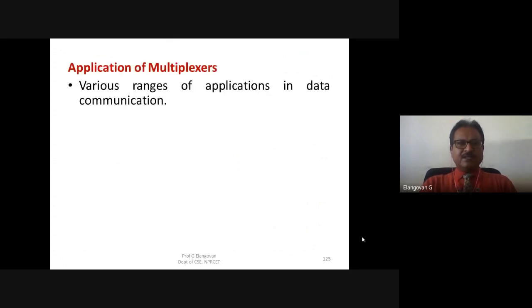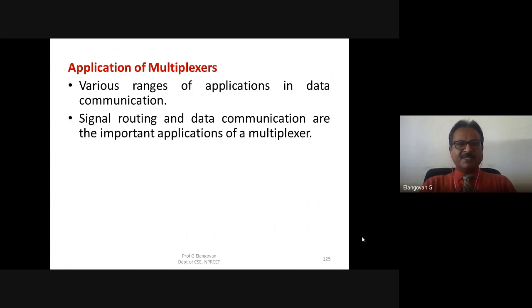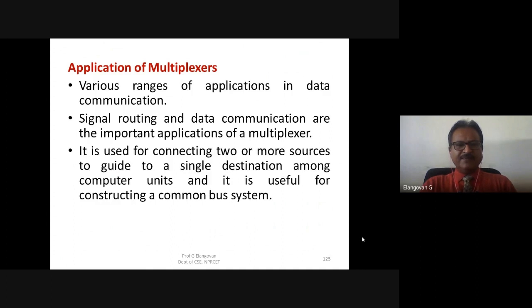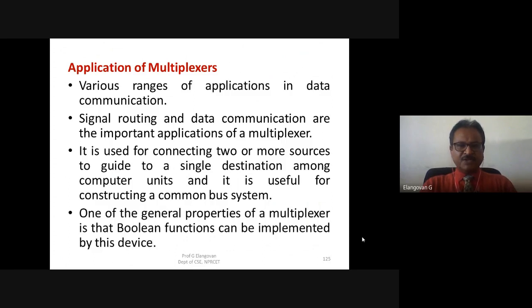Various applications of the multiplexer are in the communication range, to route the signal from n number of channels to one particular channel, and when connecting two or more sources to guide a single destination among the computers to make a common bus system, multiplexers are used.